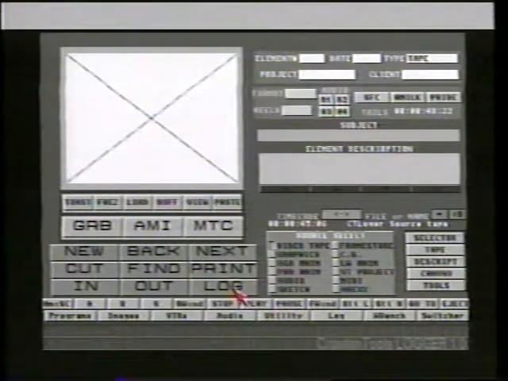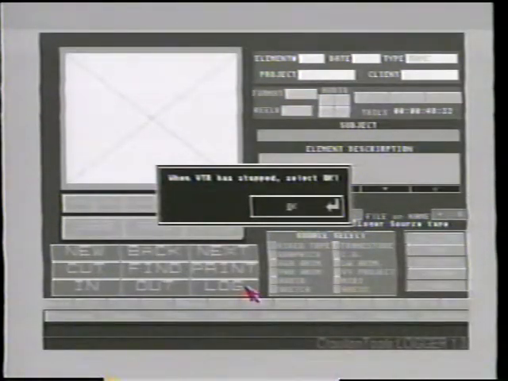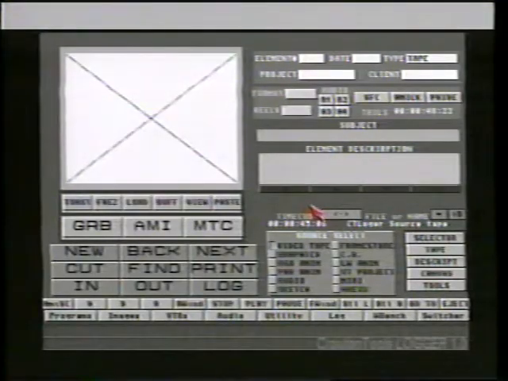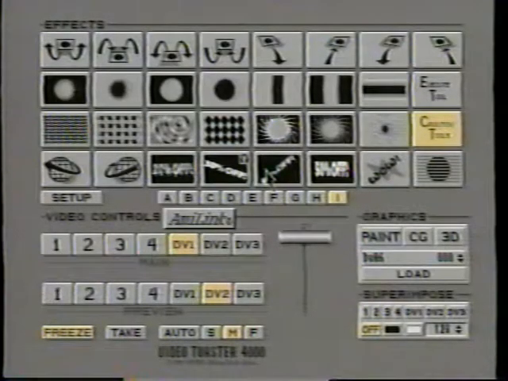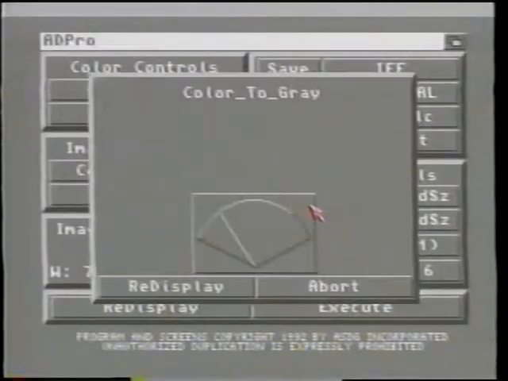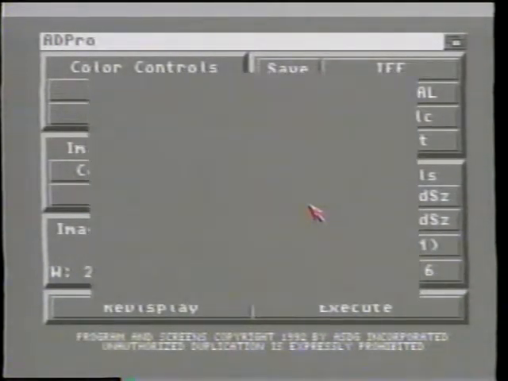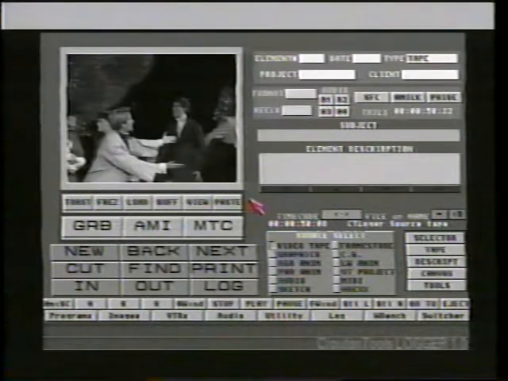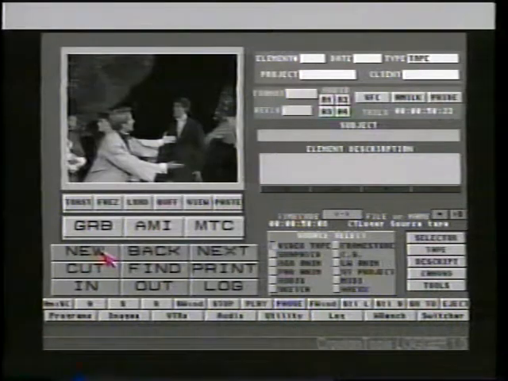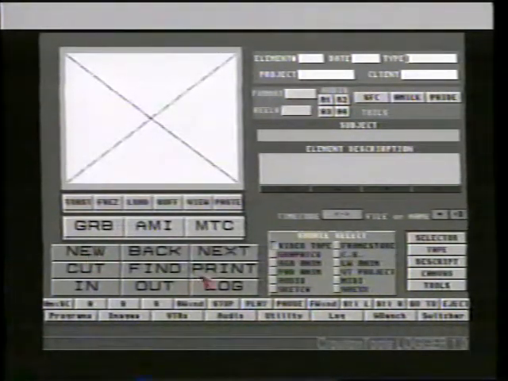Now, let's say log, which will log at this particular element for us. So we'll say log. And AmiLink requests that when the VTR has stopped, we select OK. VTR is rolling. OK. Now let's select New. And video source,